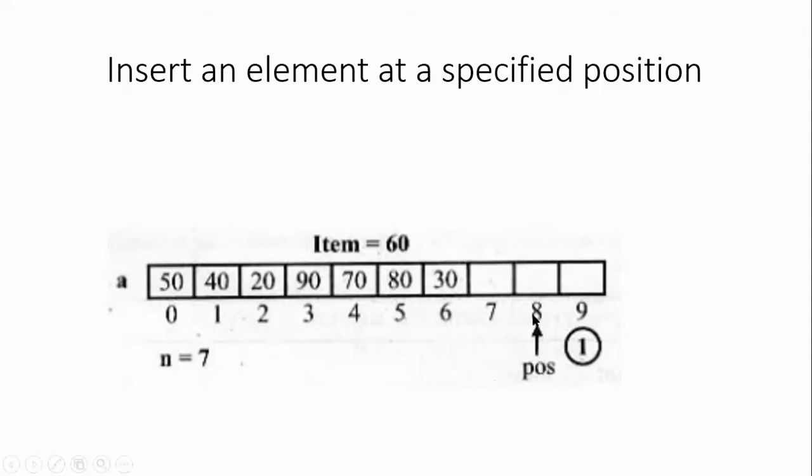That is the answer. You can insert at 0, you can insert at 1, any position from 0 up to 7. Can I insert at 7? I actually told the answer. You can insert at 7. The reason is that up to 6 you have the elements, so you can insert at 7. Now, according to this, you can insert the element at any position starting from 0 up to 7 only. You cannot insert at 8 and 9. So try to understand. This is a very important point.